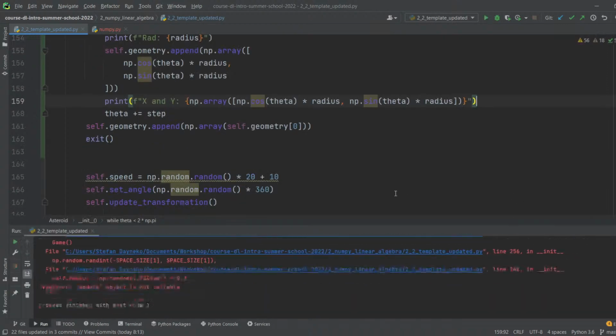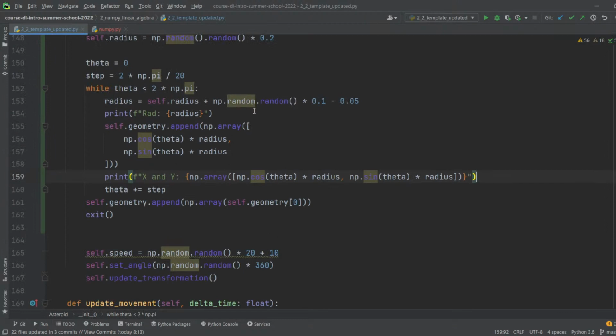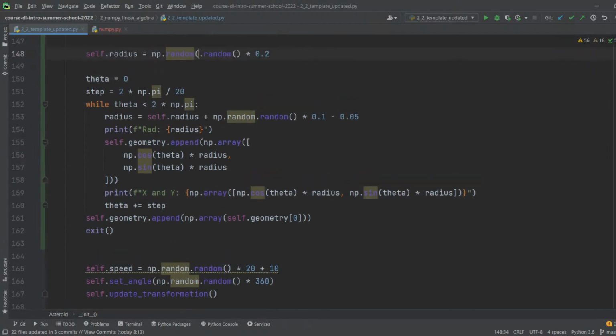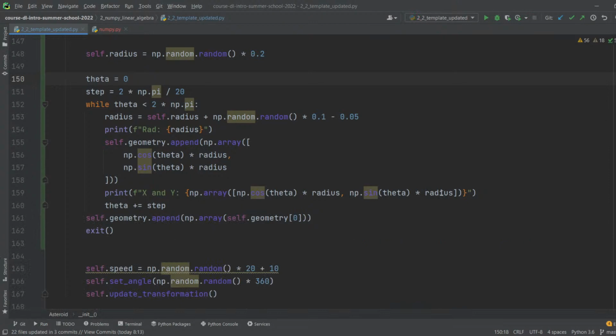And if we print it out, module is not callable. And per random. Oh, nice. So let's